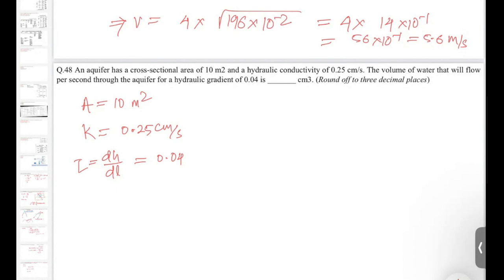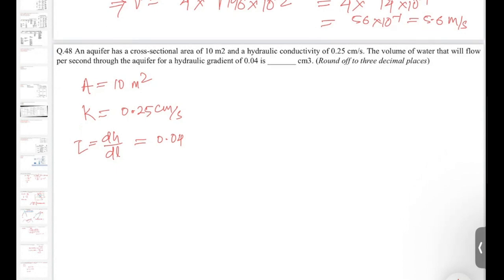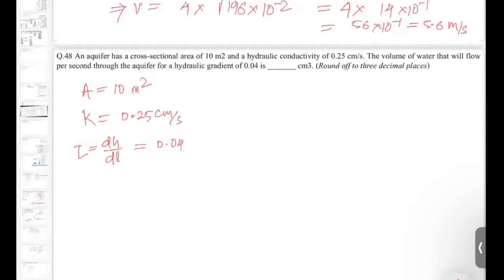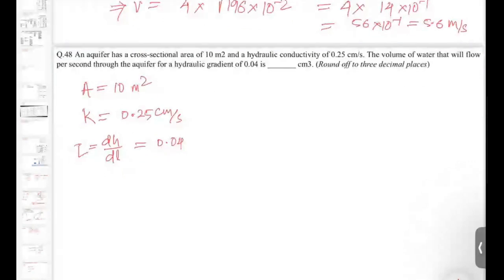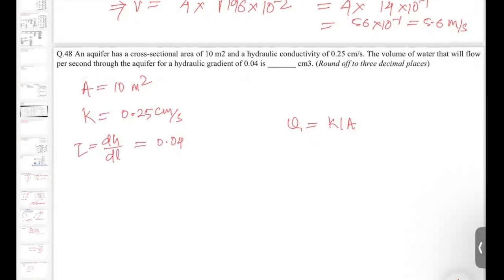Now you know the formula for Darcy's law: the flow rate Q is equal to K i A. Here Q is the flow rate, K is your hydraulic conductivity, i is your hydraulic gradient, and A is your cross-sectional area. Now if you want to find the answer in the unit of cubic centimeter,